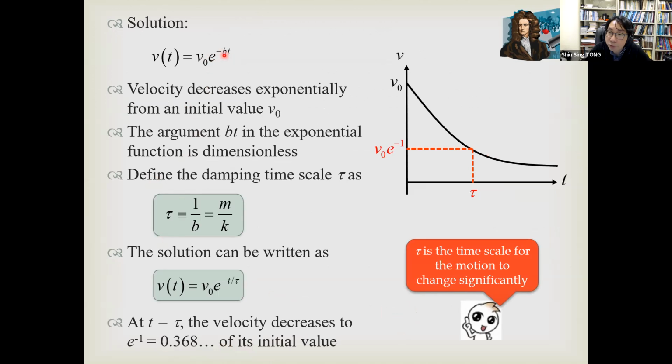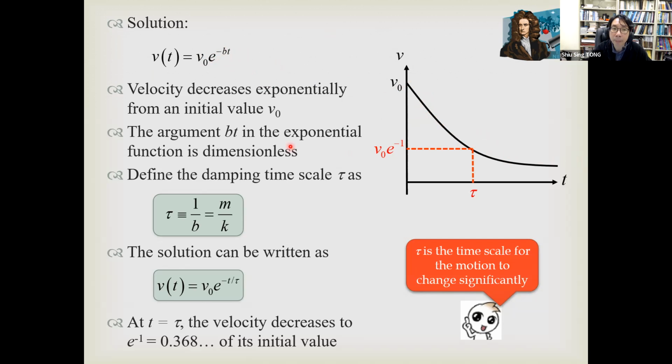Because an exponential function with a minus sign in this argument means that the exponential function is decreasing with time, is decaying, okay? And its initial value is v0. If I put t equal to 0, v is v0. And when time proceeds, when time is getting large, this exponential factor e to the minus bt will be decreasing exponentially like this,